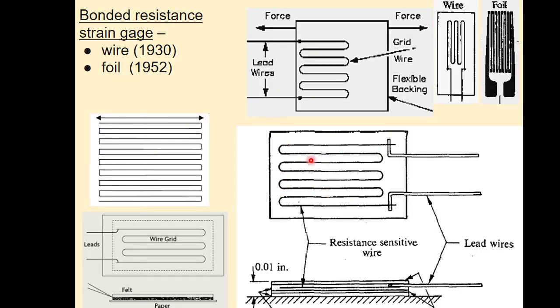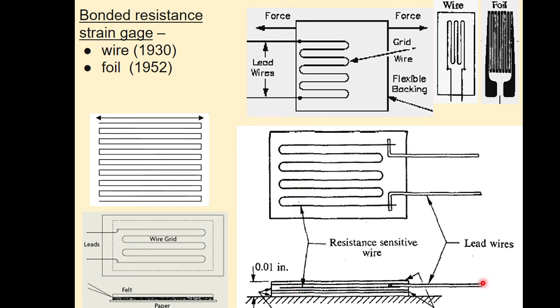You understand, this is the bonded type. This is wire. So this wire again has to be confined within certain backing material, a top sheet, a bottom sheet, the thickness part will be there. So usually here, instead of laminate, there was paper type backing. And obviously the thickness of this bonded wire type strain gauge is much higher.